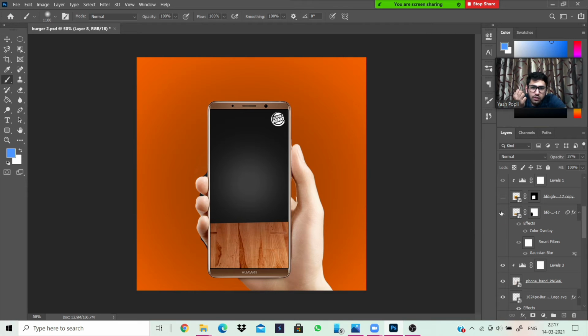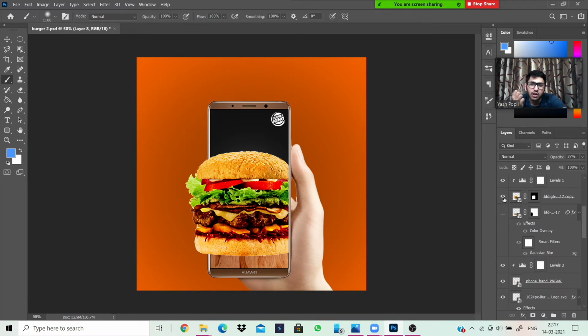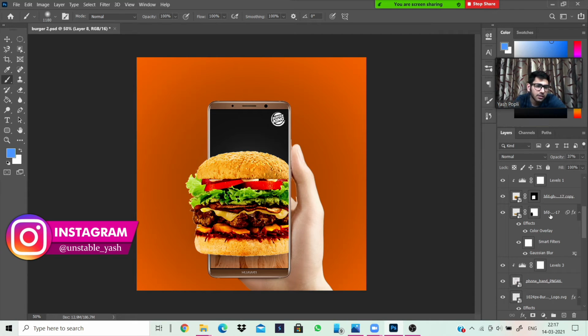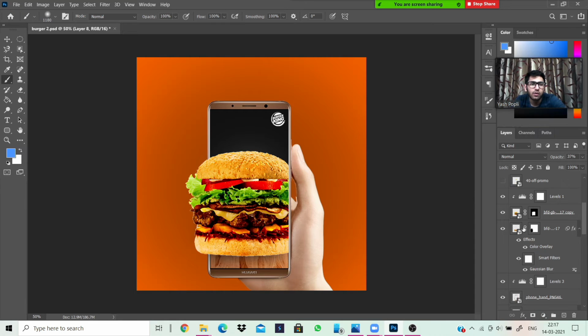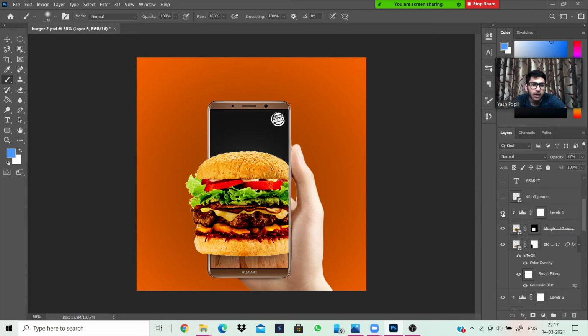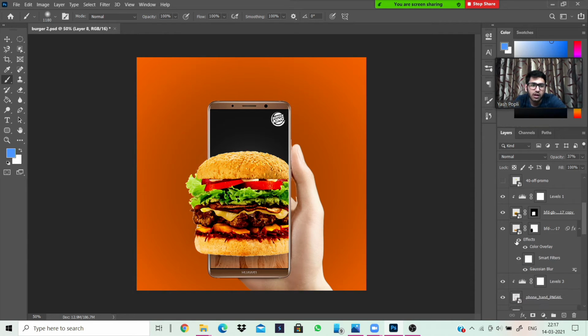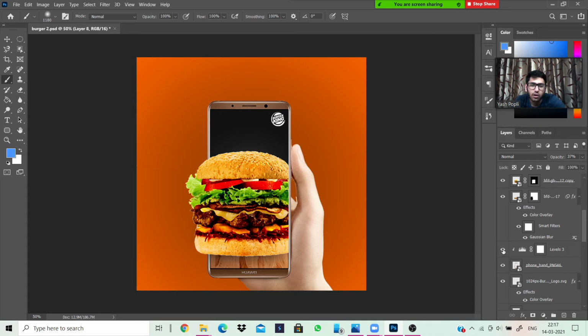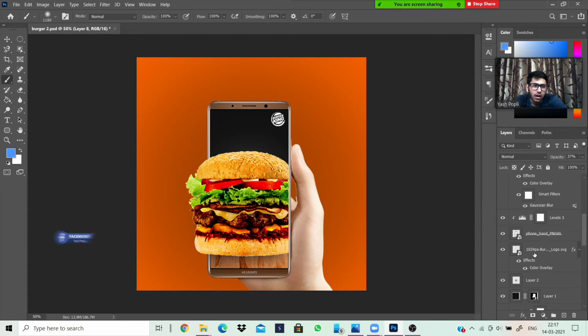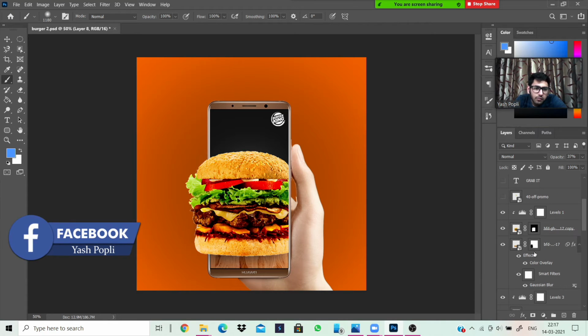And what's this? Okay, this is the shadow of the burger. Then I added this burger, and here I added some shadow, and gave it a Gaussian blur and a color overlay. And this is the levels stuff I did on the burger. I did it on the phone, and might be on the table also. No. Okay,